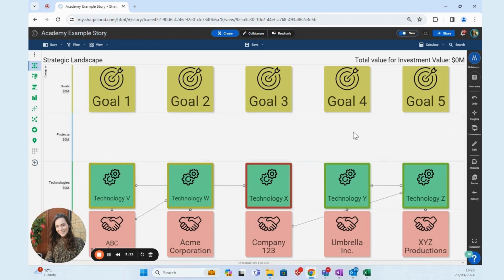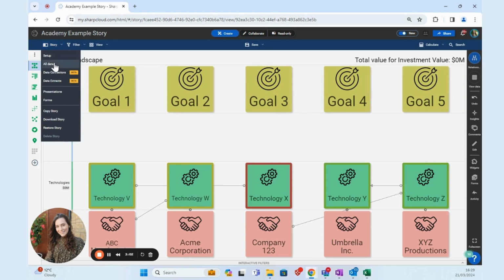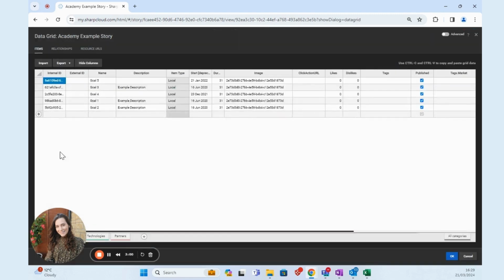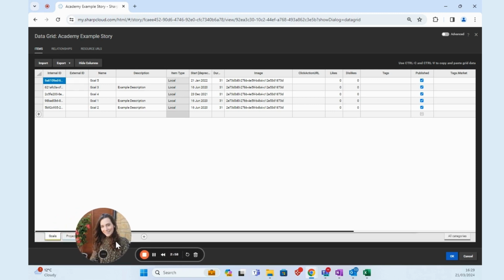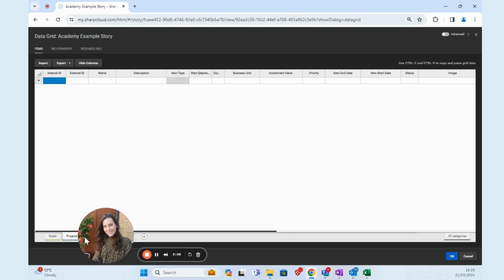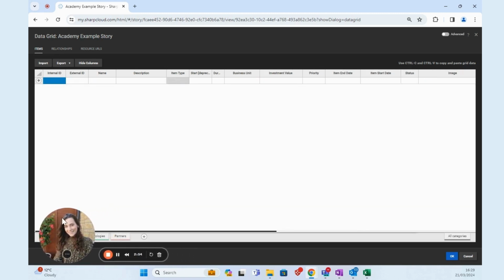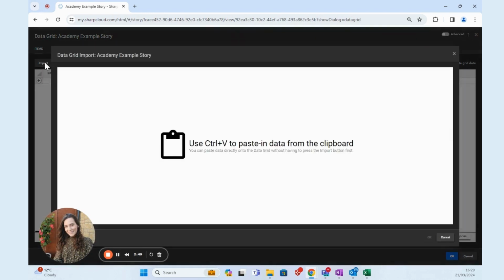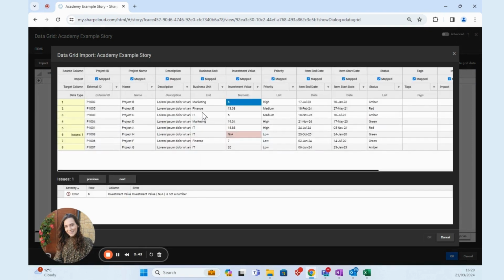So in order to import the data, you come up to the top left of the SharpCloud UI where it says Story, click on the drop down and go to All Data. Once you're in All Data, we can simply come to our Projects category, and we can go ahead and select the Import button to import our data. Once you've clicked on the Import button, simply do Control-V to paste the data